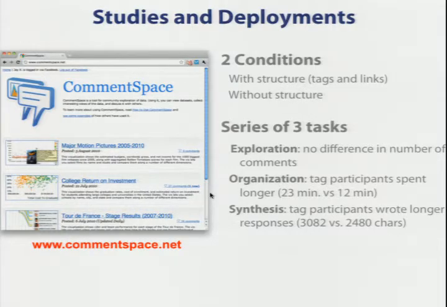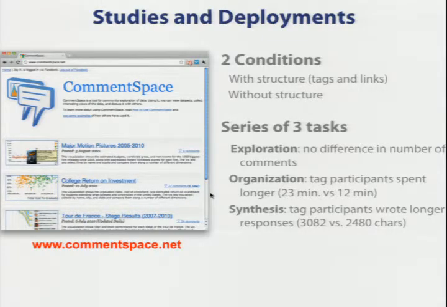And people spent more time in the tool comment space where they had tools for organizing. And then finally, we had a synthesis stage where we asked people to, again, look at the comments and synthesize them into a final summary of the discussion around a particular hypothesis. And the syntheses were longer and rated as better in the tag condition.